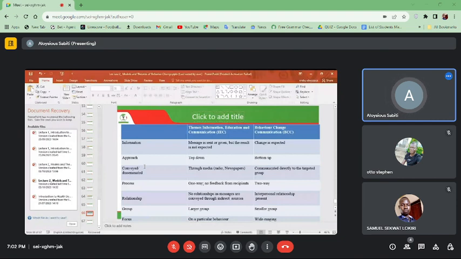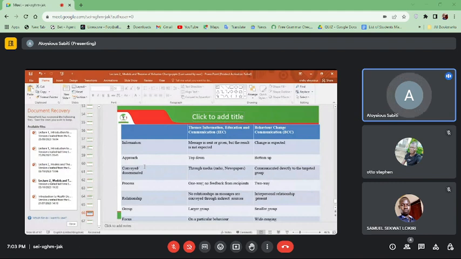But also the approach, like I said, is top-down. Meaning people from the ministry of health are the ones who design a certain type of message and give it to the community. However, for behavior change communication, you're able to go to the community and get their problem. You remember what we said about needs assessment, that you will be able to get information from the community, and then you'll be able to identify what their needs are, and you can consequently make a decision. How is the information conveyed?